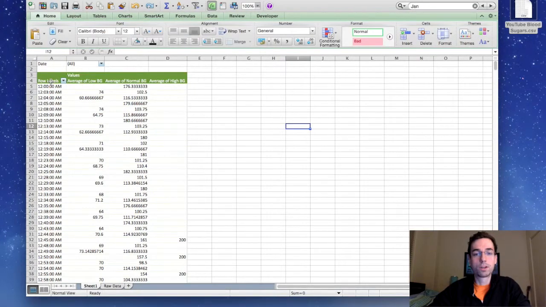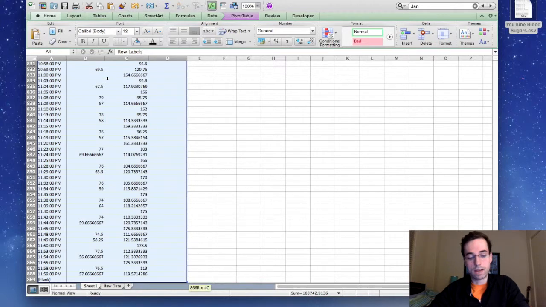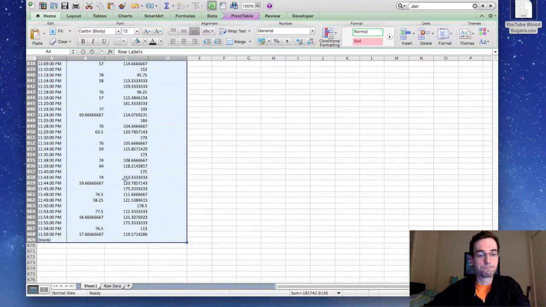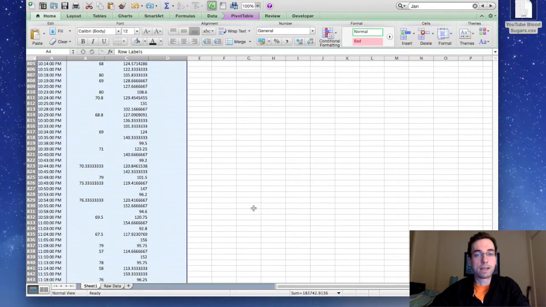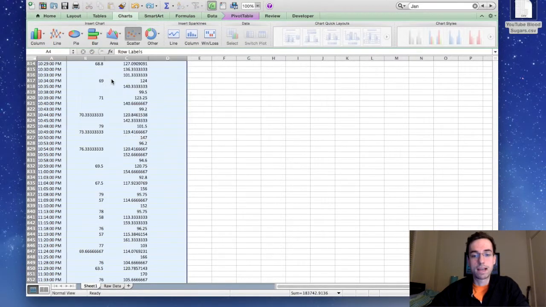Okay, so now we're going to create the chart. What I want you to do is highlight the entire pivot table. If you hold down Control-Shift and just hit down, you should be able to get all of the columns. I have a blank one, so I'm not going to include that. Once you have the entire chart highlighted, go to Chart, Scatter, Marked Scatter,